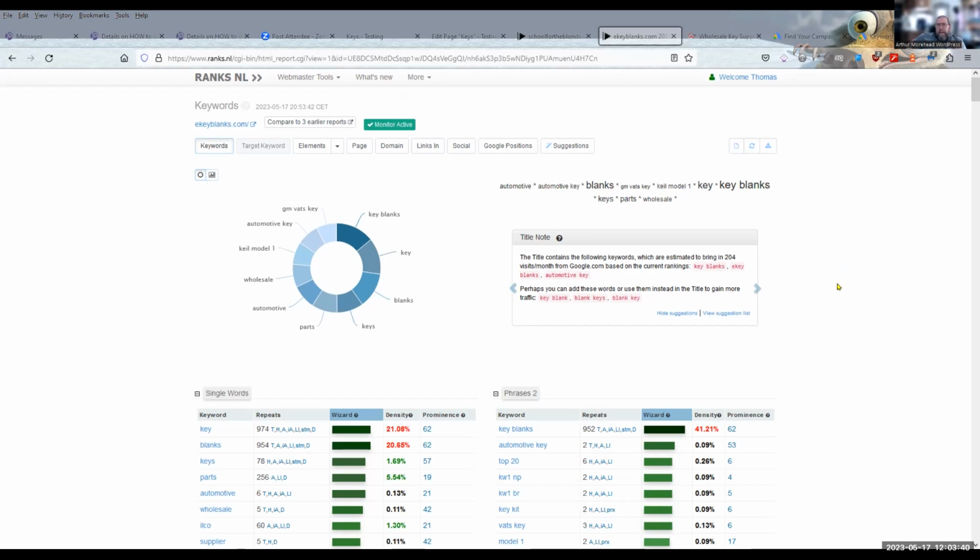You don't use that 20 times throughout the whole article. You could put Schlage key blanks, metal key blanks, it could be in phrases too. It doesn't mean it has to be an exact match. Using those related terms will allow you to use the term more times. But as a whole, it doesn't appear that many times on the page, so you don't get caught for stuffing it.